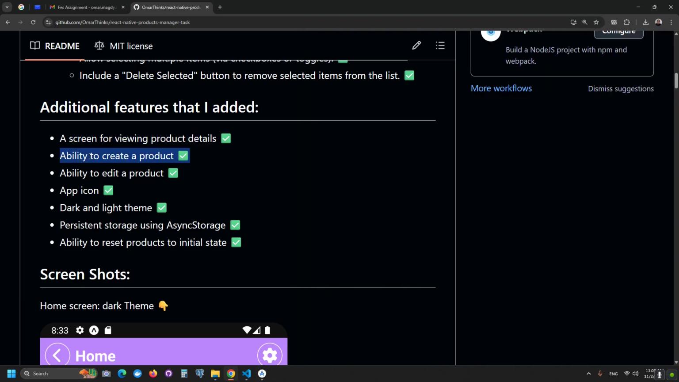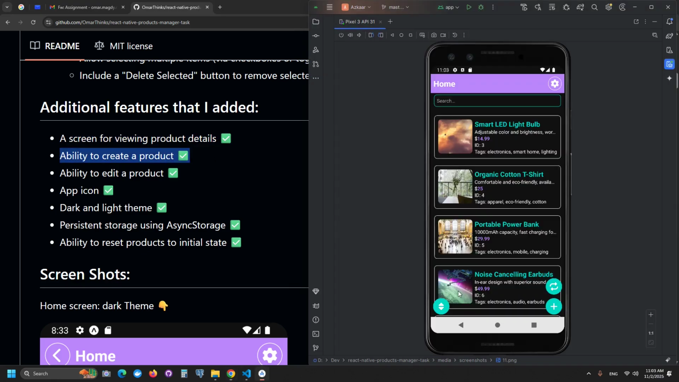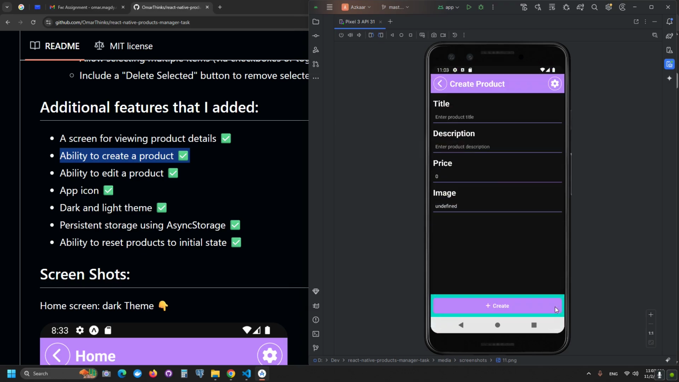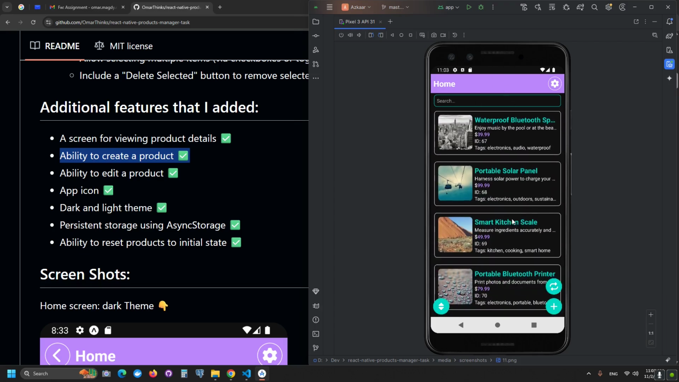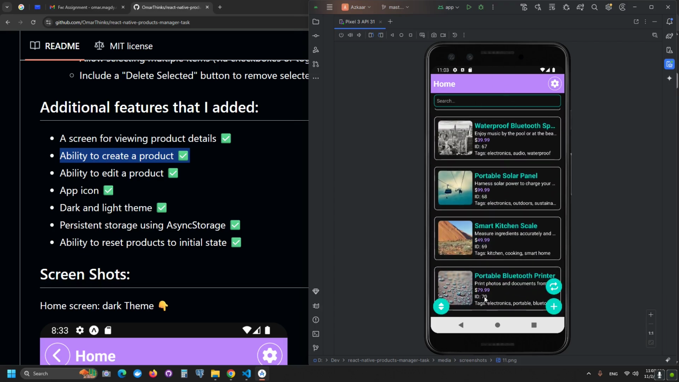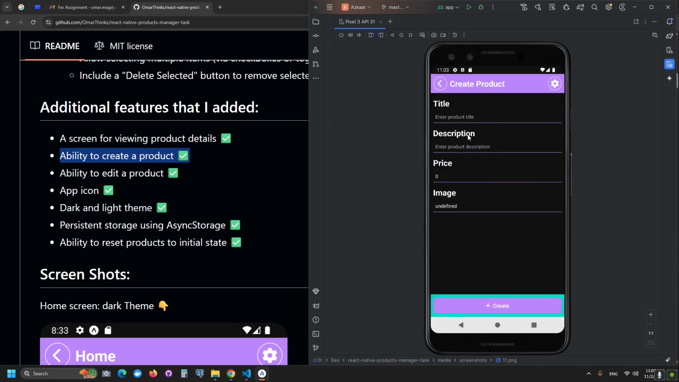So ability to create a product. When we press on the plus button, we can now create a product. So let's take a look before we create the product. The maximum ID is 70. Okay, so what happens if